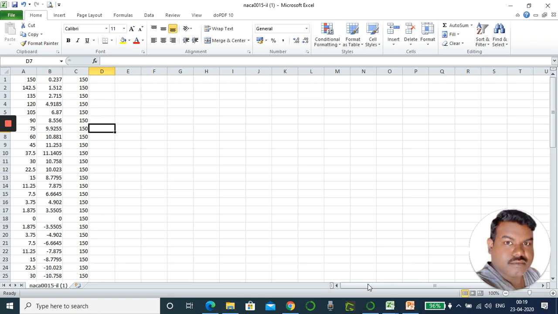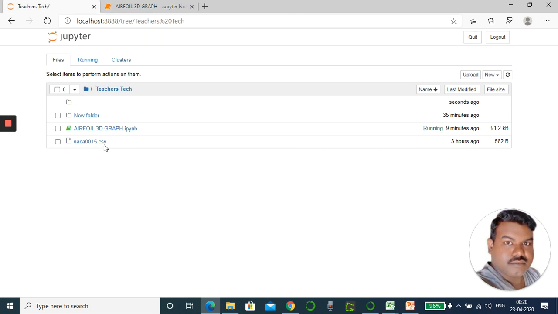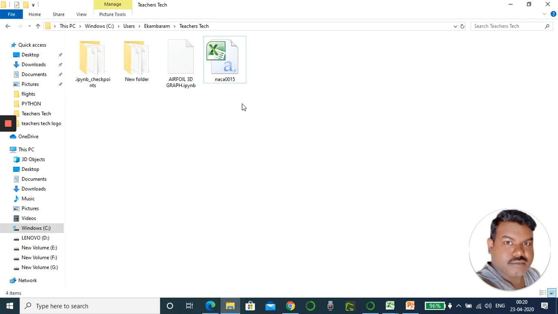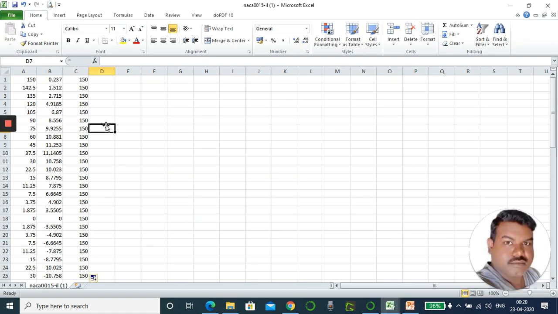Now the first command is with open. This is nothing but the file name which we have given here, that is in the root folder. In this root folder only we have converted the values like this.